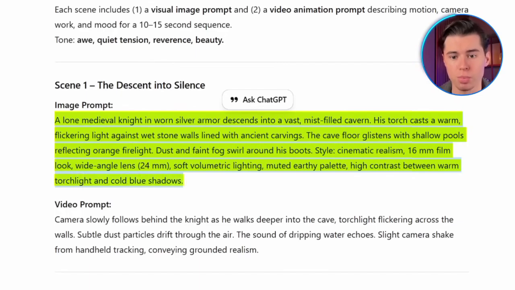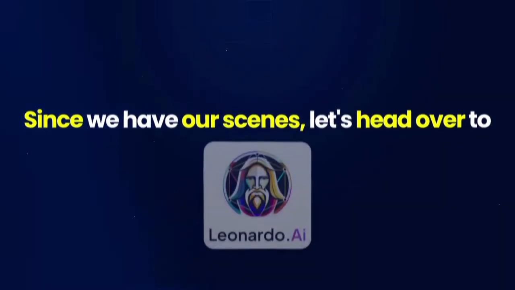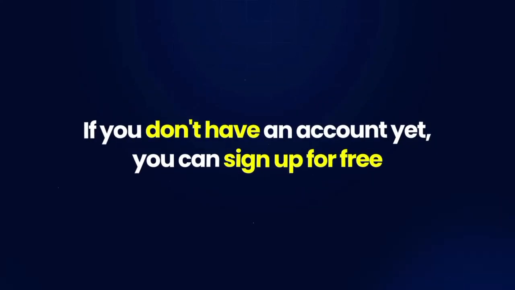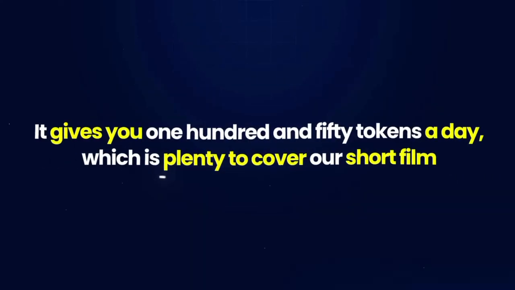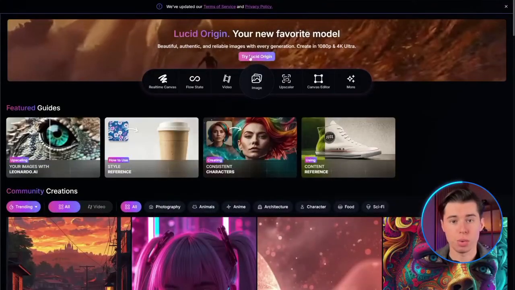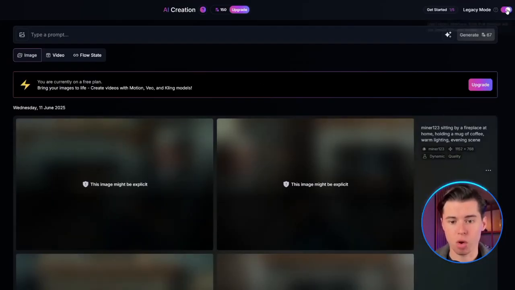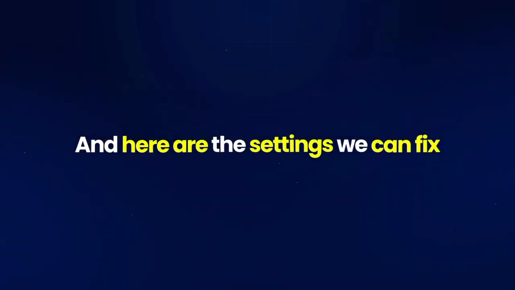and cold blue shadows. Since we have our scenes, let's head over to Leonardo AI, which is a free AI image generator. If you don't have an account yet, you can sign up for free. It gives you 150 tokens a day, which is plenty to cover our short film. Once you're logged in, you'll see the main dashboard. Click on Image, that's right in the middle. First turn Legacy Mode on, and then we can paste in our prompt, and here are the settings we can